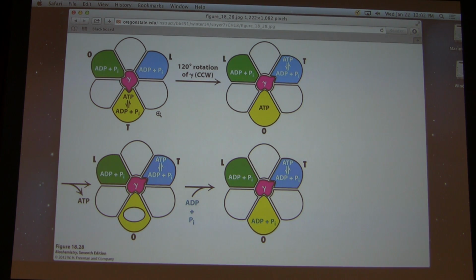Okay? This process is dependent upon a proton gradient. I can't emphasize that enough. It's dependent upon a proton gradient. A proton gradient requires an intact mitochondrial membrane. It requires electron transport. It requires oxygen, which is one of the things that electron transport depends upon. And there's one other very important thing,